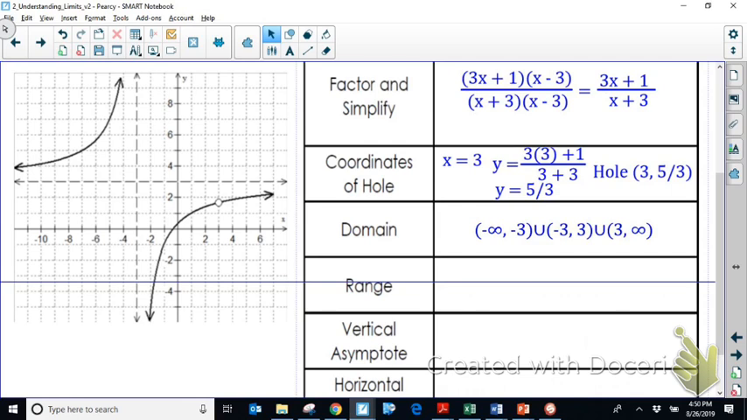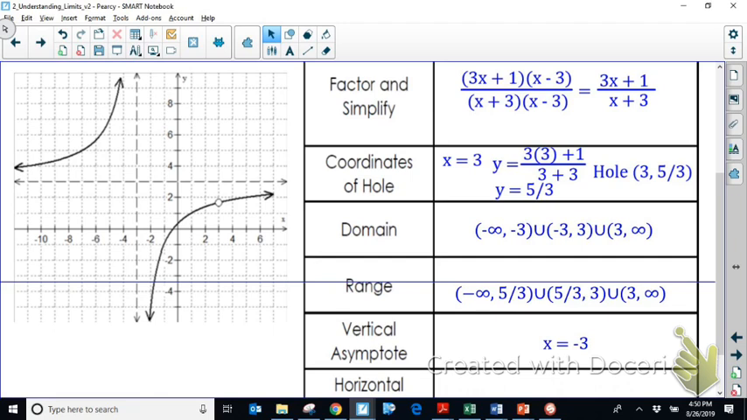If you start at the bottom of the graph and work your way up, well, we still have to exclude the y value of our hole, so we're going to take that 5/3 out. So from negative infinity up to 5/3, but we go from 5/3 to 3, and then finally from 3 to positive infinity. The vertical asymptote comes from the remaining factor in the denominator, which when I solve that gives me